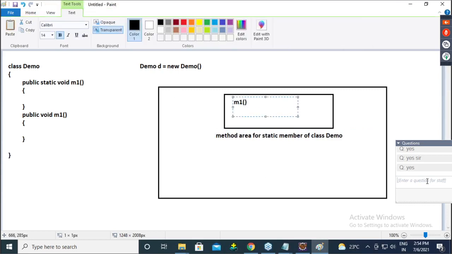Guys, are you understanding? M1 method goes here.